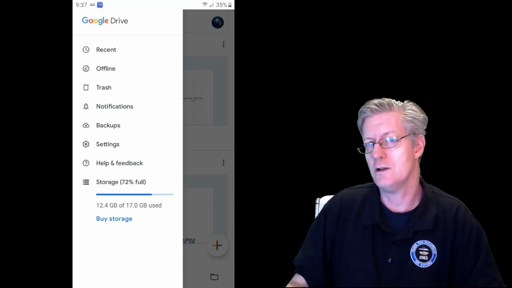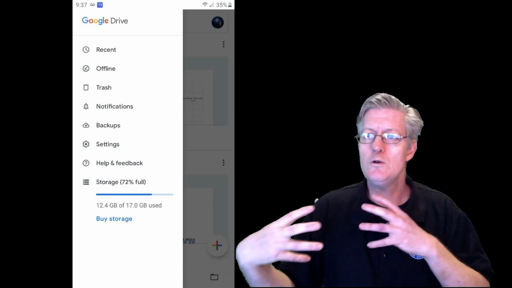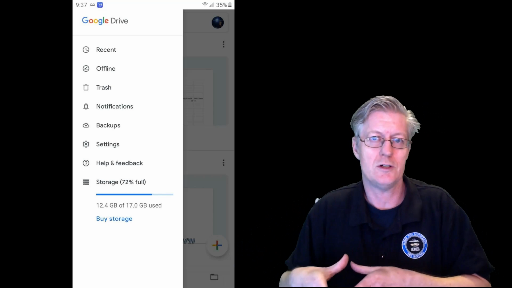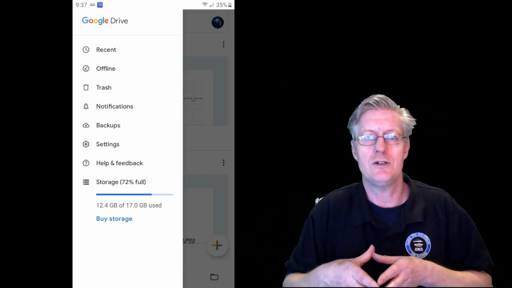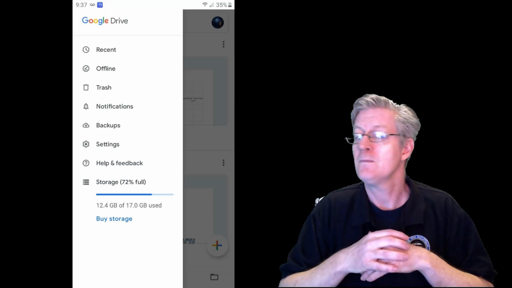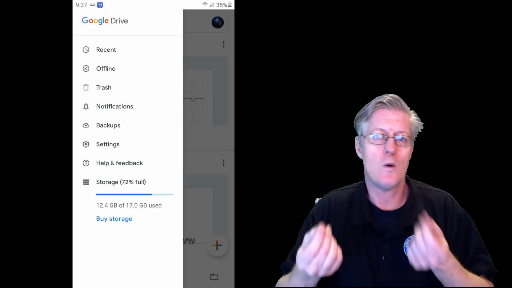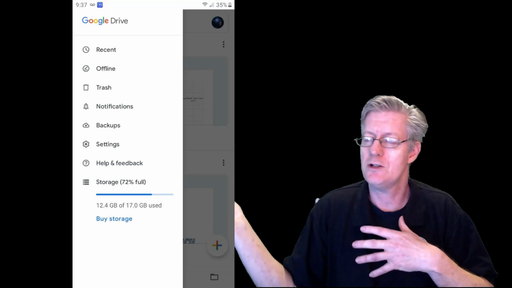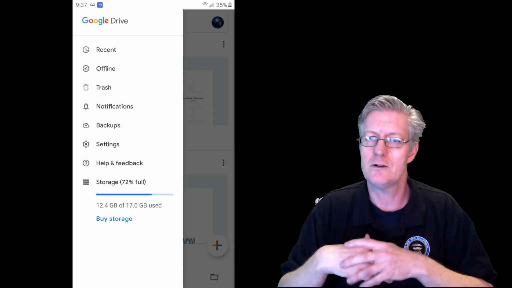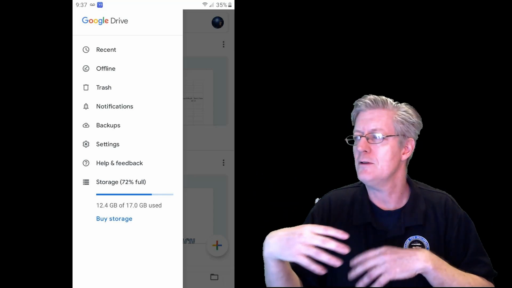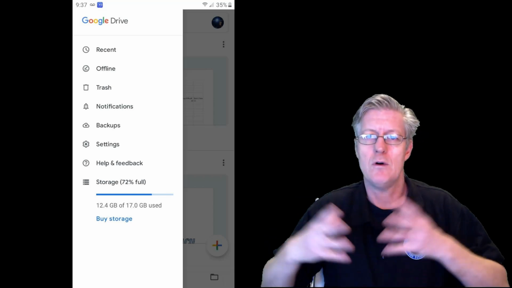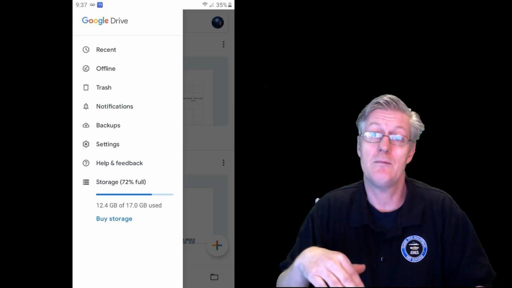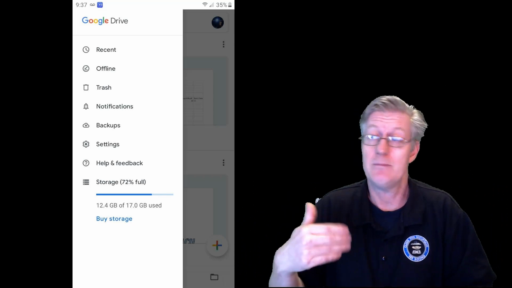Below that is storage. And Google Drive is now part of the One Storage. And the One Storage is limited to 15 gigs. And if you buy more there, you can see that you can add more storage to it, and that's anywhere from a few dollars to more a month. You can pay by the year. If you want to go like buy a terabyte of space, you can go and save a lot of money by just going and paying it by the year.